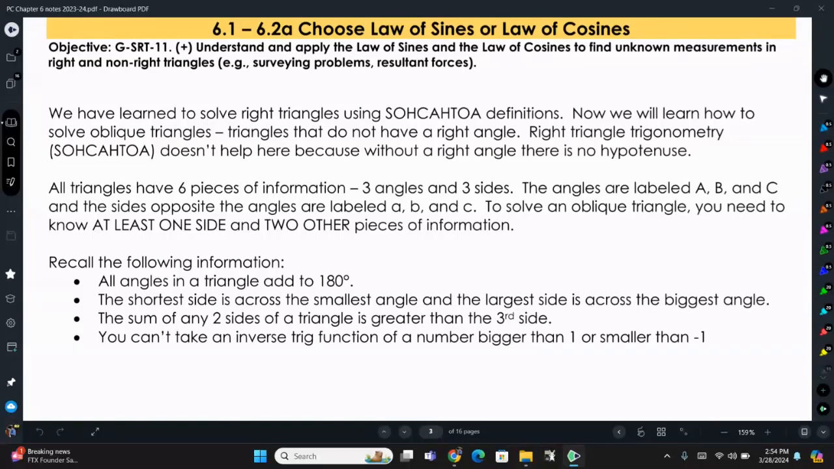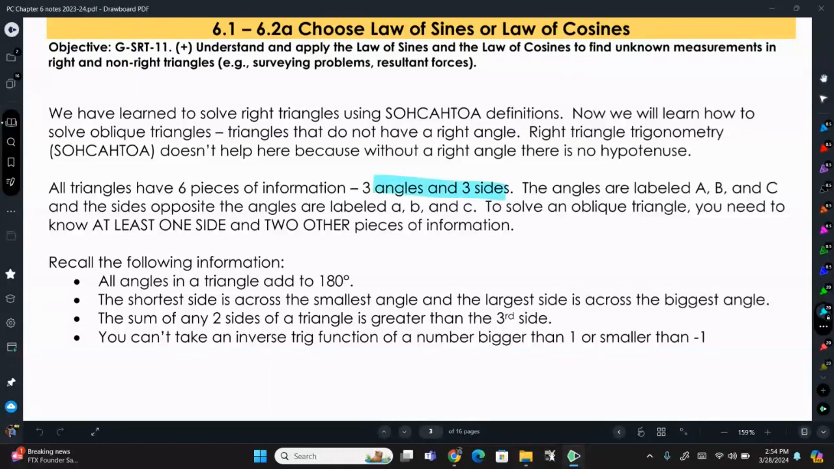6.1 and 6.2 are about what's called the law of sines and law of cosines. And what we use the law of sines and law of cosines for is to solve triangles. Because remember from maybe geometry or definitely algebra 2 that when we solve a triangle, we need to find all